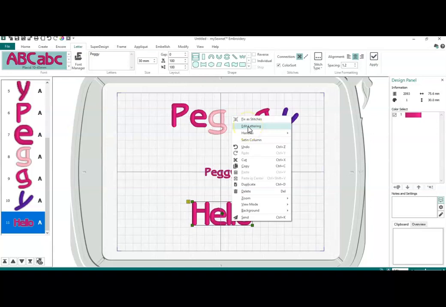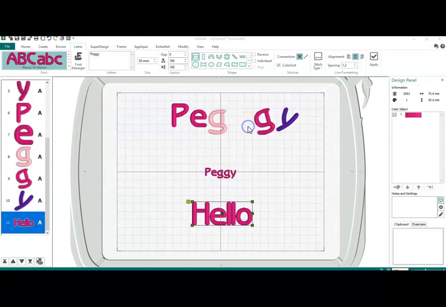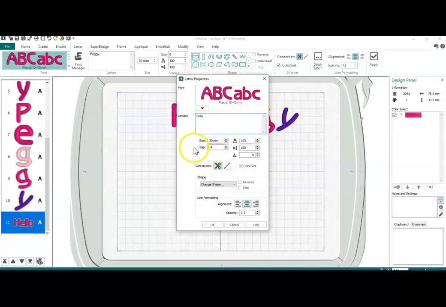What you're going to do is right click, edit lettering, and you're going to play with this gap a little bit. And this works both ways. If your letters are too far apart, you go with the negative. So -1, 2, 3, 4, whatever. If they are too close together, you go with the positive,